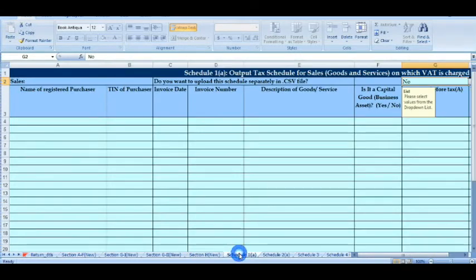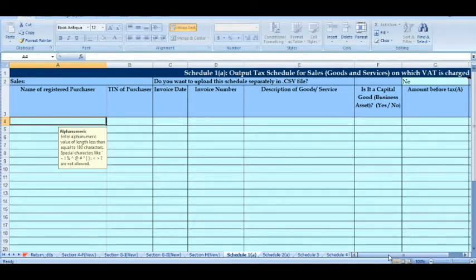So we go to schedule 1. So this is where the magic happens. This is the output tax schedule for sales. So this is where we fill in our sales. So let's start by filling in our sales right now. So name of the registered purchaser, then the TIN of the purchaser,